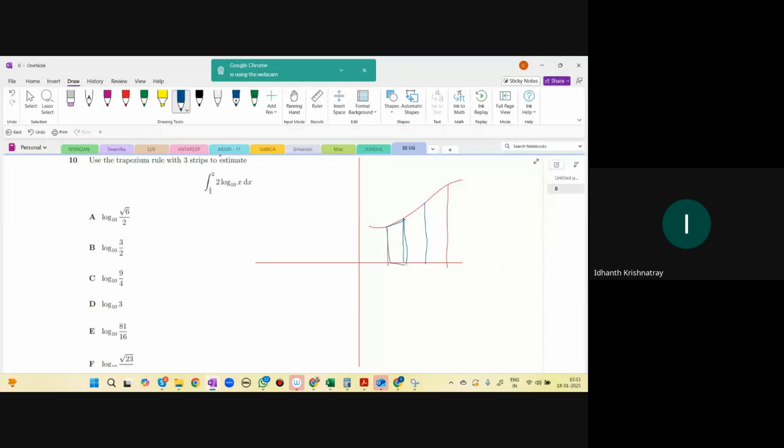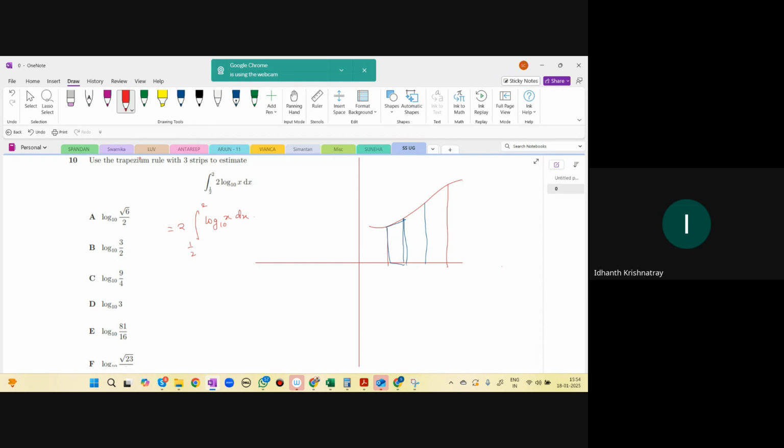Right? So here I have half to 2 log x dx. So first of all, take out the 2. 2 into integral of half to 2 into log x to the base 10 dx. Right? Now,